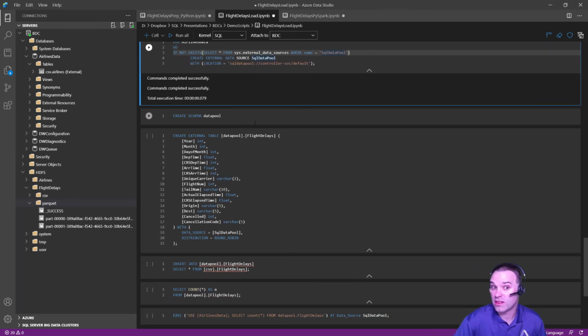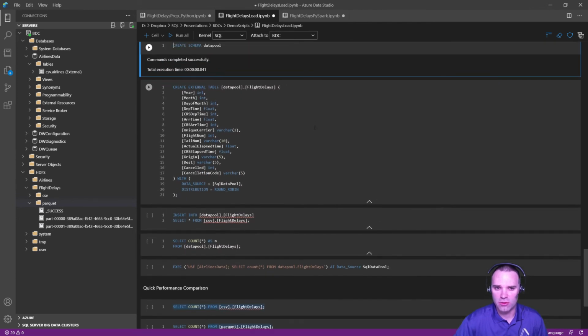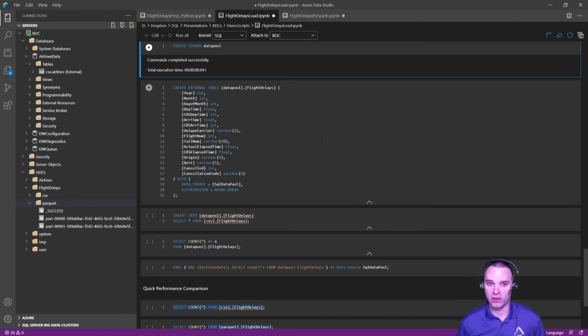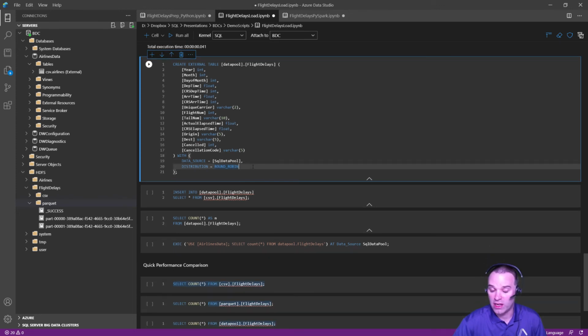I'm going to create a schema called data pool. So once again, we can tell where our data is being stored by the name of the schema that it's located in. So we have our schema, and now I'm going to create the external table that will reside on the SQL data pool. So we're calling this now datapool.flightDelays, and we have all our columns defined in here with the data source equals SQL data pool, and we have a different